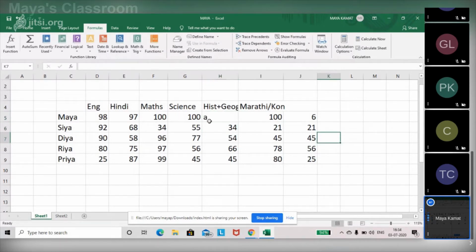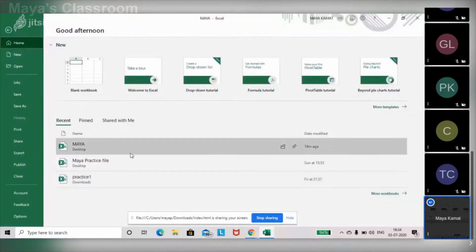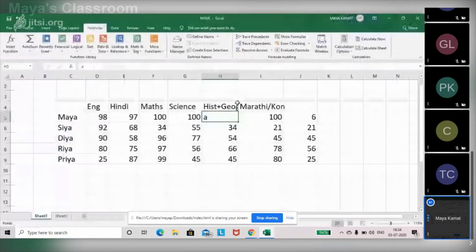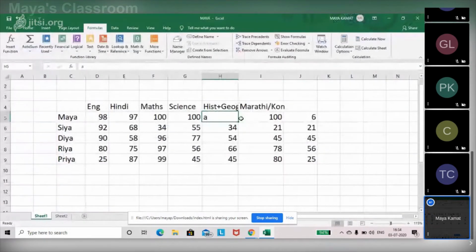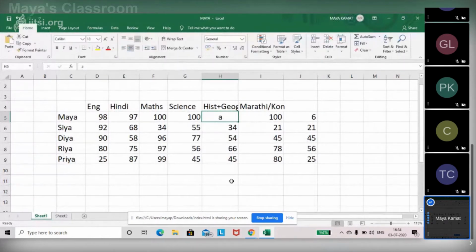Can anybody tell me what is the difference between count A and count? Anybody can unmute and tell me what difference you felt. Just notice this. I'll use count here for you.